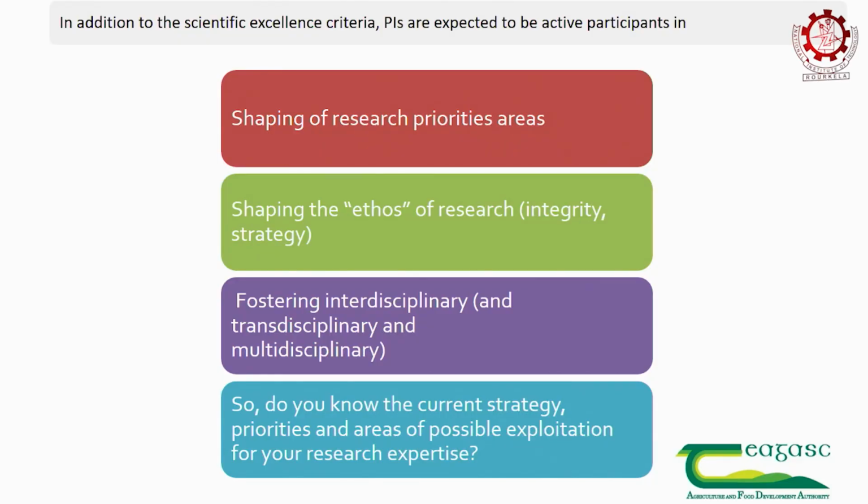So in addition to scientific excellence, these are very, very important. Any research that you are doing, shaping your research priorities. What should be the priority area of research? Shaping the ethos of research integrity is very, very important. It is not just to do it, do minor adjustments here and there and publish it, yeah. Or I am talking about all those, not illegal, well, whatever activity you want to call it, forging the data, creating the data, yeah, that is against integrity, yeah. That is called slander, theft. That should not be done. Let it be wrong, yeah.